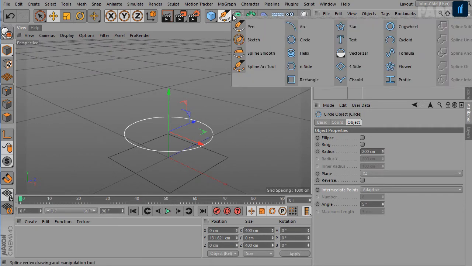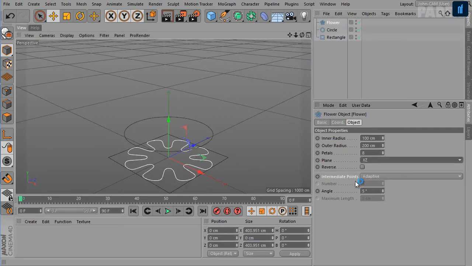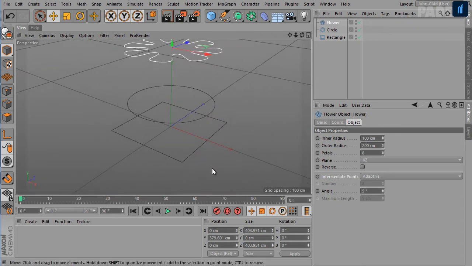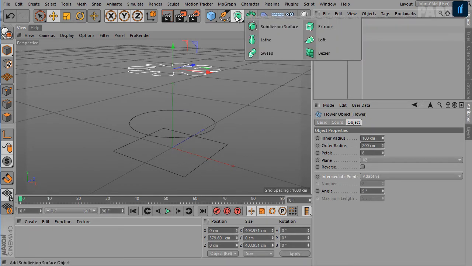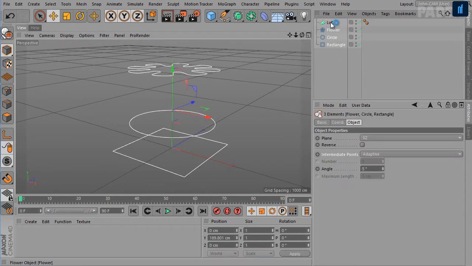Next, I'm going to create a flower spline, plane XZ, and place it like this. Okay. Now we need to add a loft generator, and connect the splines with it.